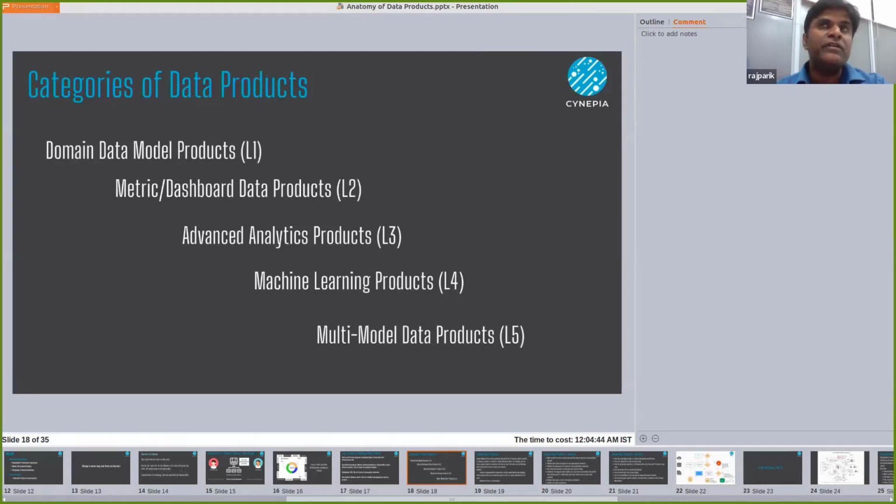Where is the overlap and where is no overlap, right? So let's continue on the journey. But fundamentally, if you guys recollect last time, what we discussed is a data product essentially is about starting with